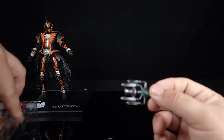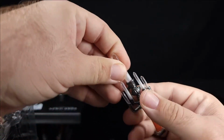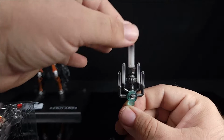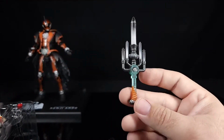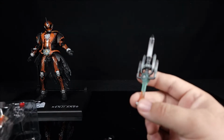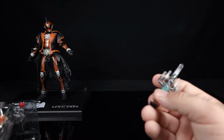Then we also need this guy right here. So it makes the whole candle set. I wish they'd painted these orange. That would have looked really awesome. So it actually looked like flame. That would just be super cool. And then we need to take...